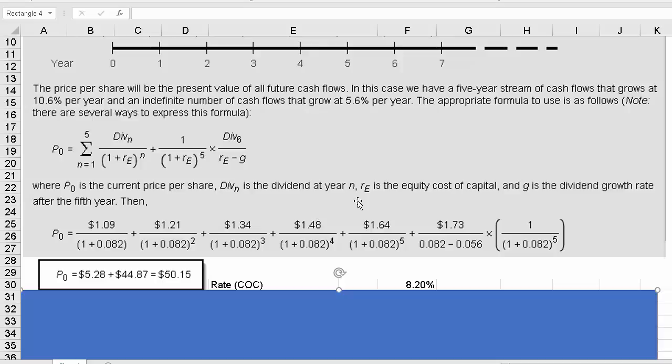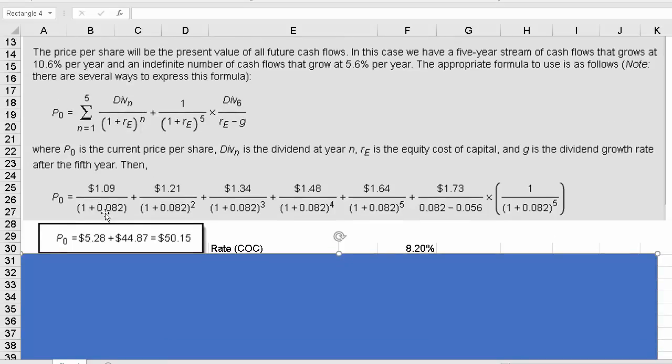So we've got a 5-year stream of cash flows at 10.6%, and we can use this formula to come up with that. Right? There's the supernormal growth period, and then we have to add to it the normal growth period. And you see in this last term here, that model should look familiar to you. That looks like the Gordon dividend growth model. Okay, so if we figure all that out, we can take the present value by taking 1.09, dividing it by the various factors that will bring it to the current value, right? These are all present value calculations, and then that's for period 1, 2, 3, 4, 5,